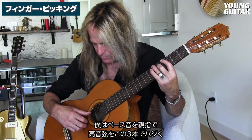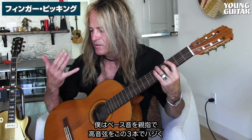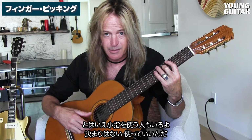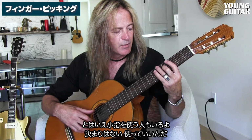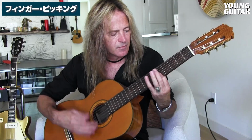I'm playing the bass notes with my thumb, the bottom strings with these three fingers. I'm not really using my pinky. That's kind of the classical technique, but some people do use their pinky, and there's no rules. You can use it. But I love this DADGAD tuning because there's so many...